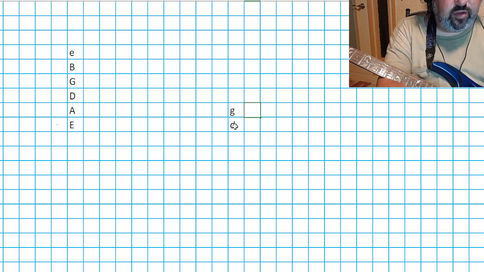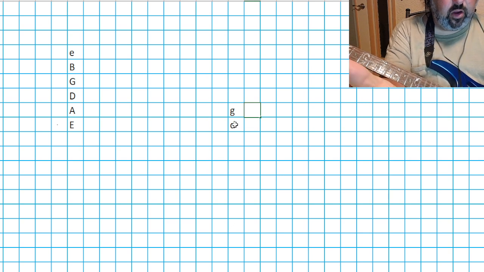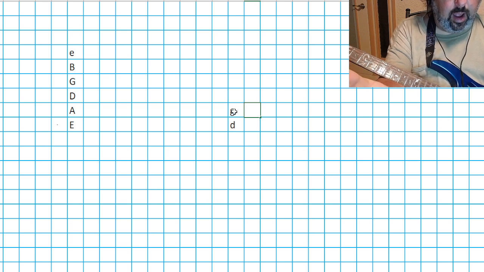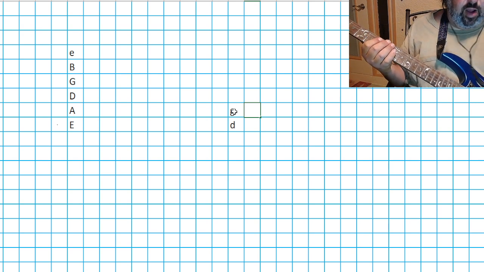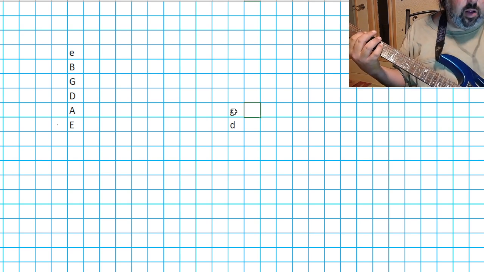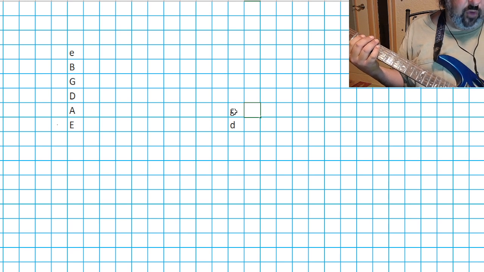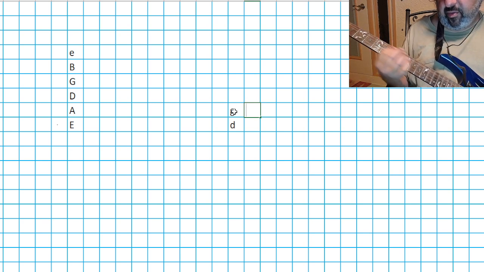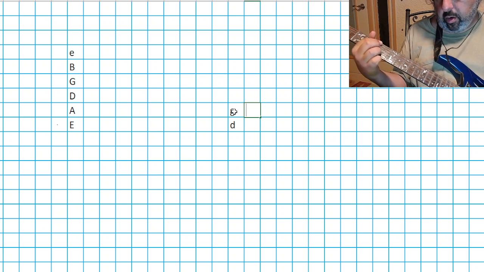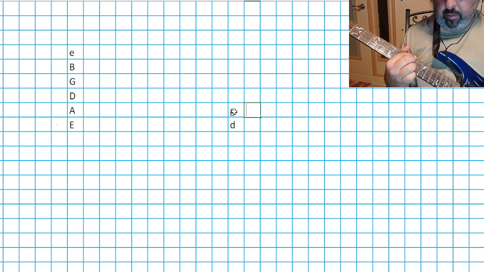And whatever is above it is the 1. So there's my secondary dominant. So if I want to get to a G, and let's say I'm in the key of G, well, okay, that's going to be the 5 chord in the key of G. But let's say I'm not in the key of G, I'm going to a G, then I'm not in particular in that scale. I can still use the D dominant chord, so that would be the